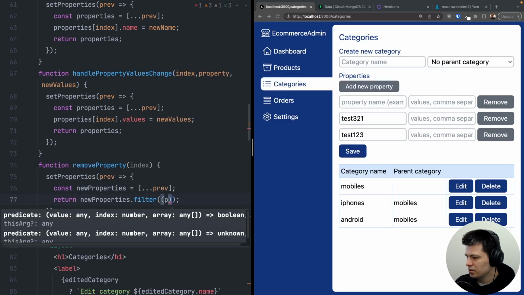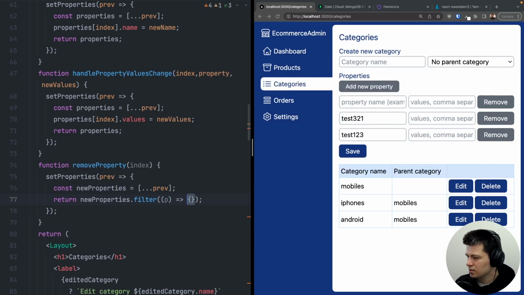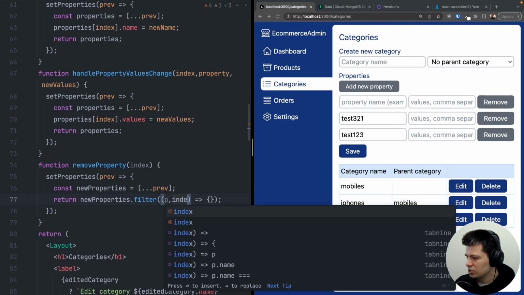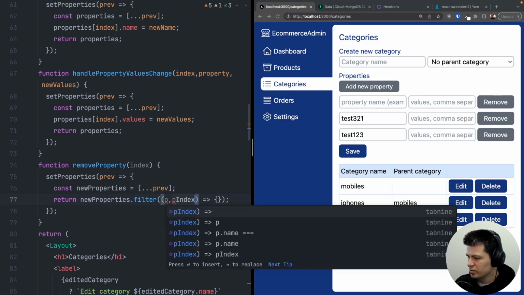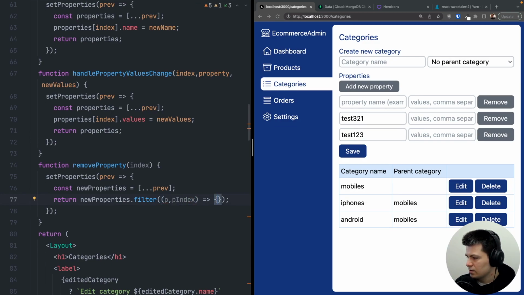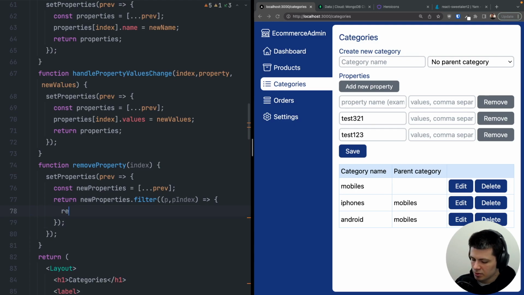The first param here, we need to put it as a function, and the first param in this function will be the property itself, but the second will actually be the property index. So let's call it property index. And here, if we return true, then this filter will give back this property to this return. Otherwise, it will not. Maybe so it will be easier to understand, I will put it here,